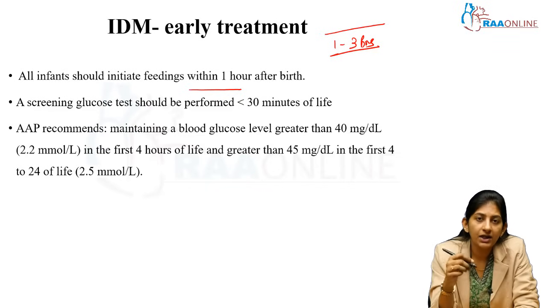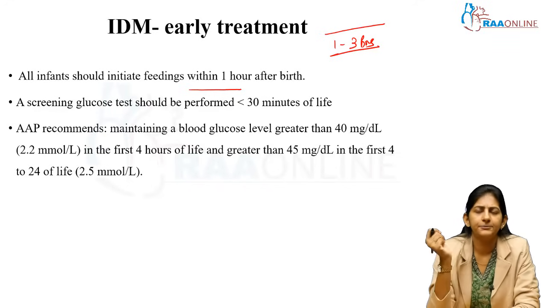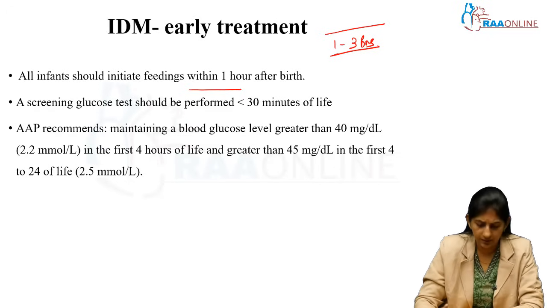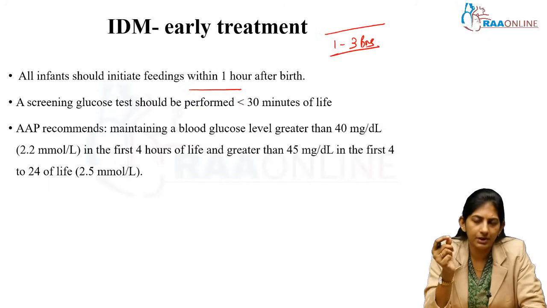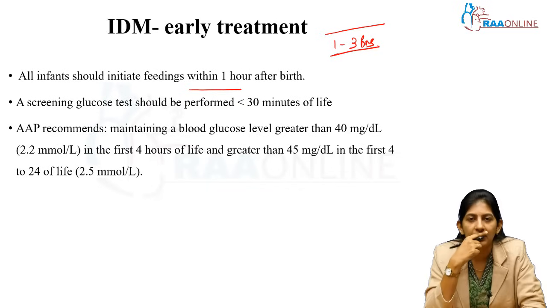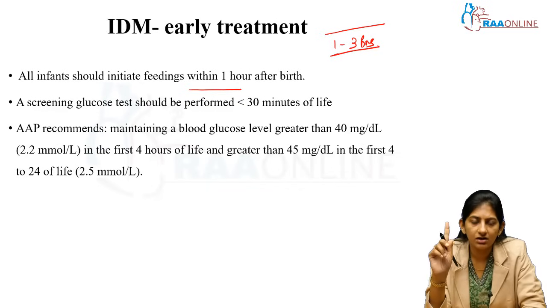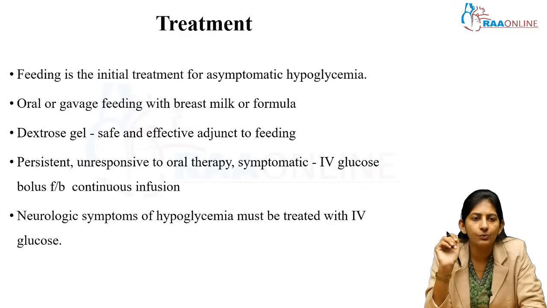And we do take glucose levels at 30 minutes. So start from there. For blood glucose monitoring, there is one protocol in Nelson, another is the AIIMS protocol, and one other guideline from IAP. So the values are a little bit different. Some papers mention 40, some papers mention 45. So I want you to stick to one protocol. It is easier for you to remember and do it practically also, right? I will talk about the protocols a little later.